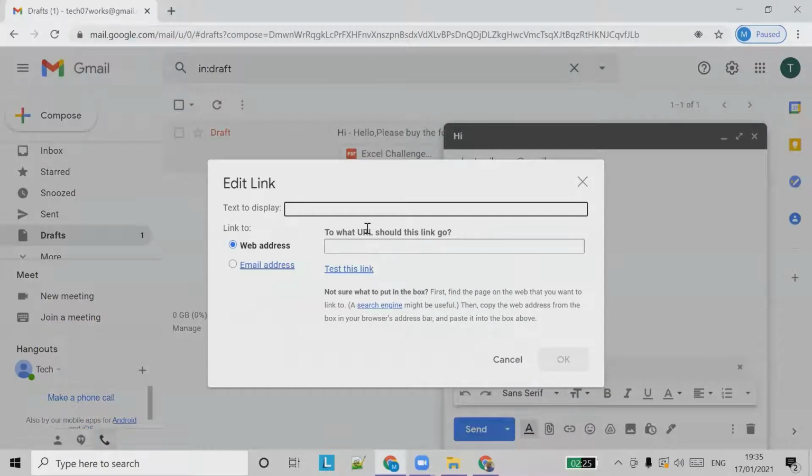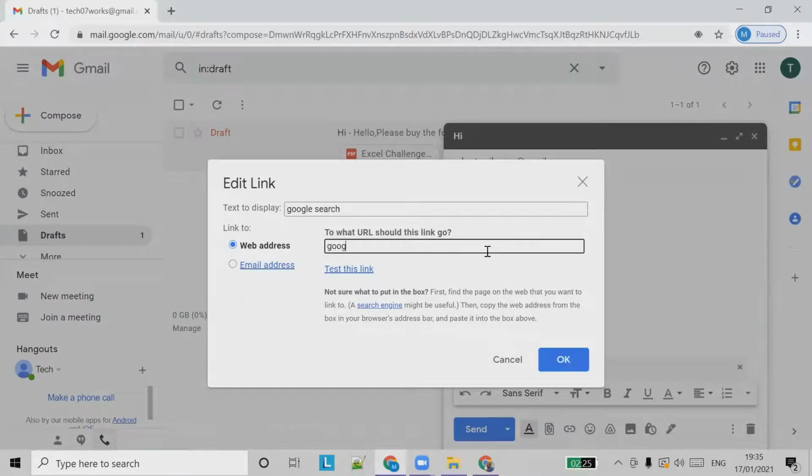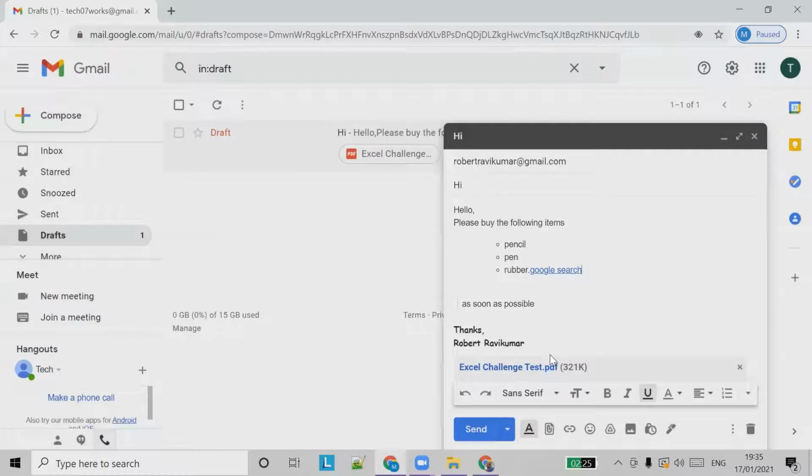So insert link. Same thing: Google search, and we can say google.com. Click OK.